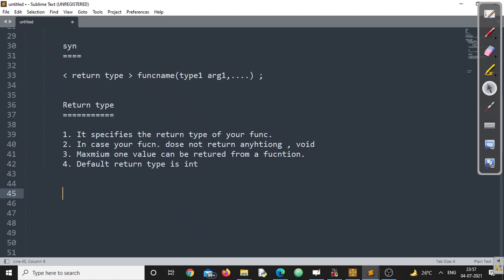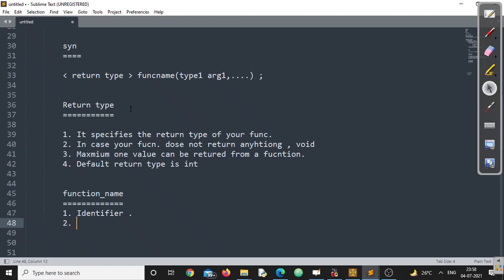Then we'll talk about function name. Don't worry, once we complete this, we'll go for examples, then we'll discuss everything else. What exactly is a function name? As you know, this is the very basics. Function name, variable name, maybe your file name, all these names are called identifiers. Now the function name should be a valid identifier.